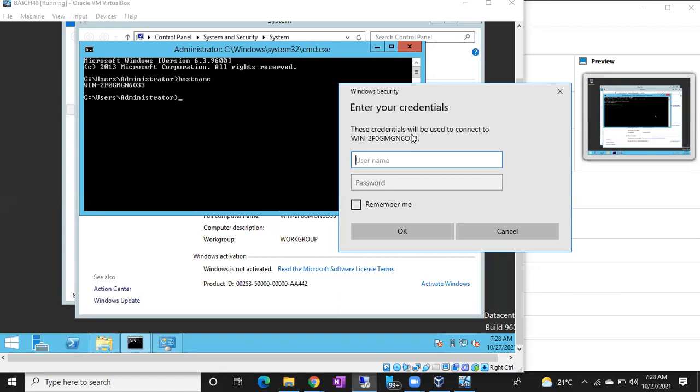So what happens in that case? The connection will be broken, and the remote desktop connection will be closed. What is the solution for this? You have to restart your virtual machine, not your laptop. Restart your virtual machine. You will get a new IP address. Then use that new IP address to connect to the server remotely.